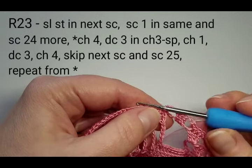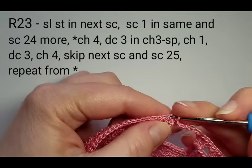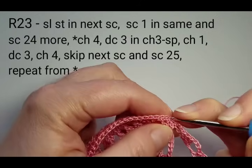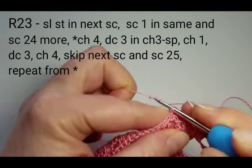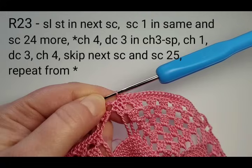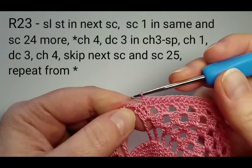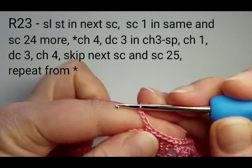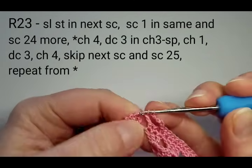Round 23, slip stitch into the next stitch and then start single stitching. Single stitch 25 here, leave the last single stitch unworked, chain 4, 2, 3, 4, make 3 double crochets into the 3 chain space,